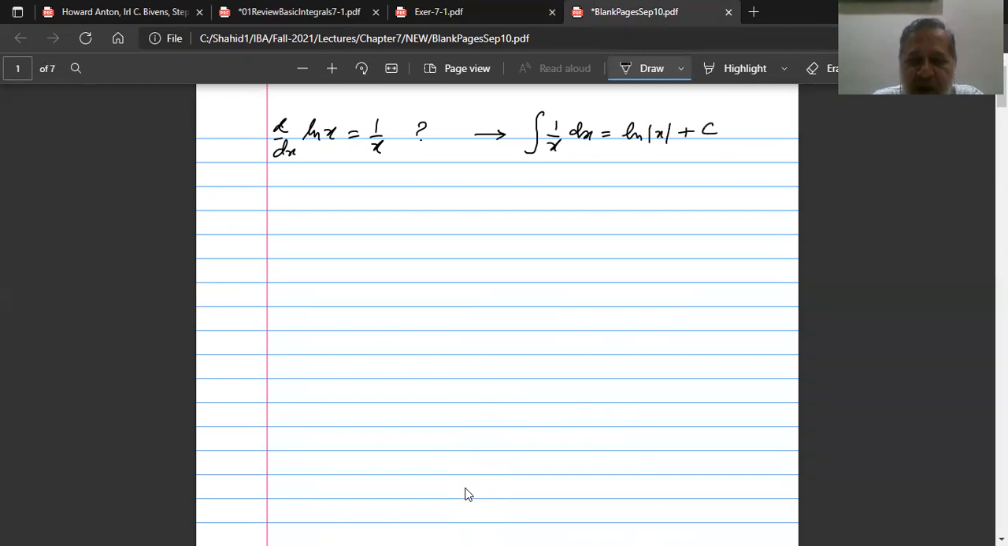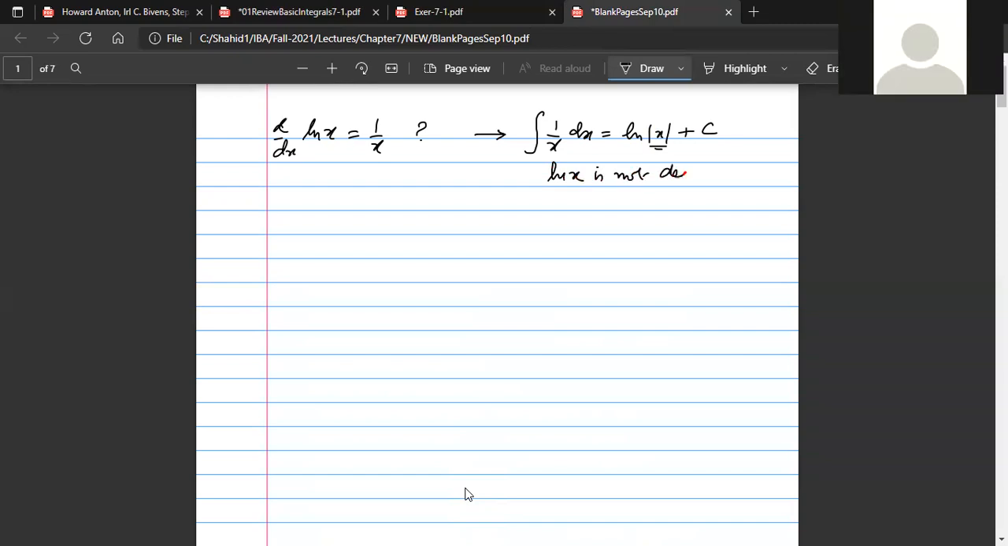plus c. Now, whenever any antiderivative is written in terms of ln mod x, or in terms of the function ln, the natural log, mod x is placed because log of x is not defined